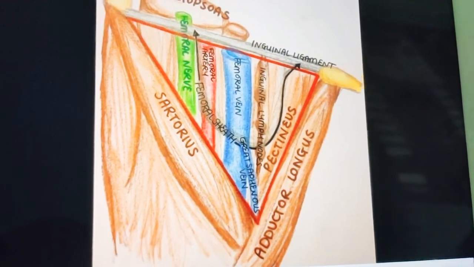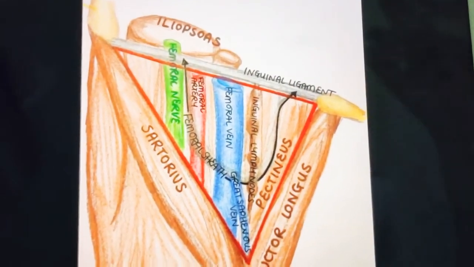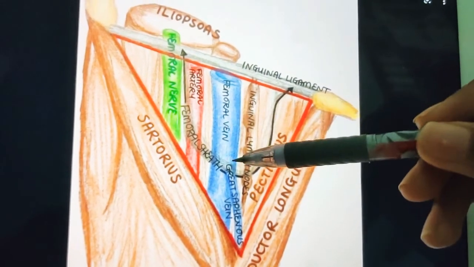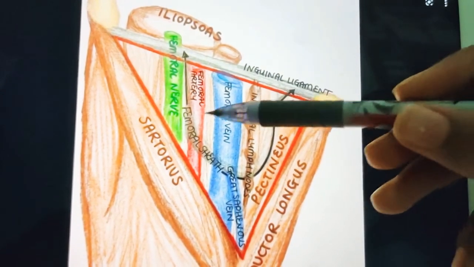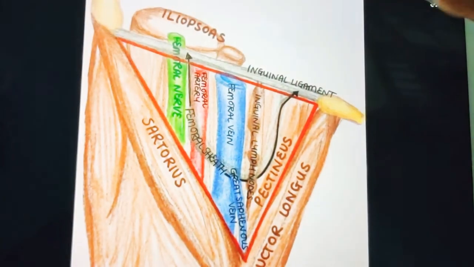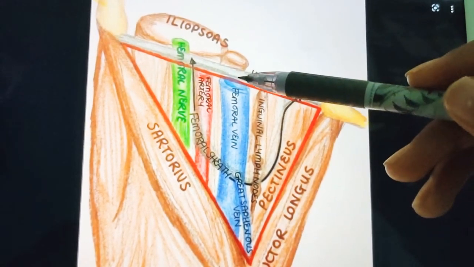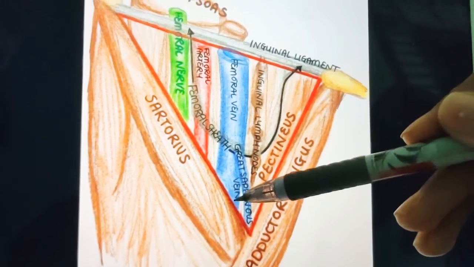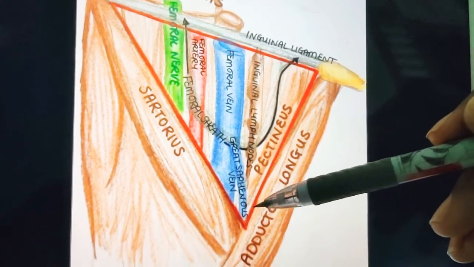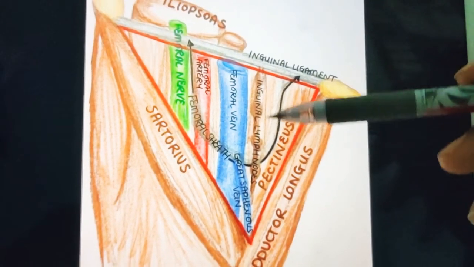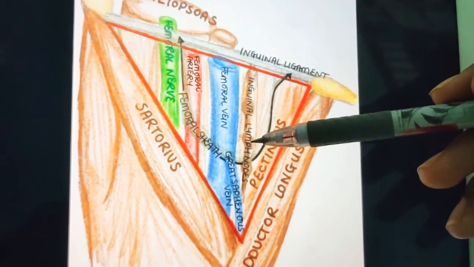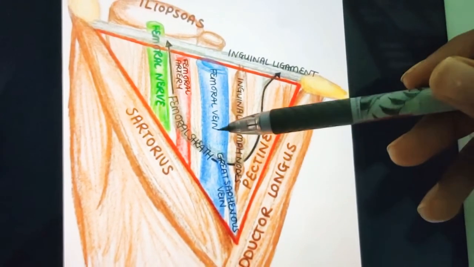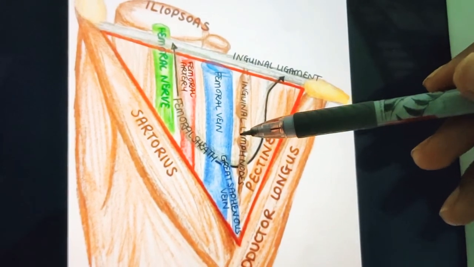femoral arteries, right? So in the contents of the femoral triangle, after the femoral artery we have the femoral vein and its tributaries. The femoral vein will accompany the femoral artery. The vein is medial to the artery at the base of the triangle, but posteromedial to the artery at the apex. Let's come to the femoral vein. It receives mainly the great saphenous vein, the circumflex veins, and the veins corresponding to the branches. So the veins of the different femoral artery branches will come and drain into the femoral vein.